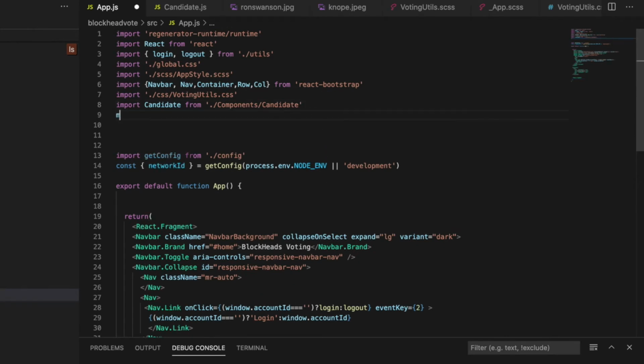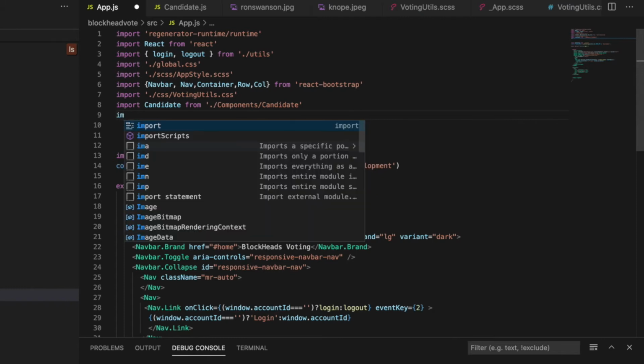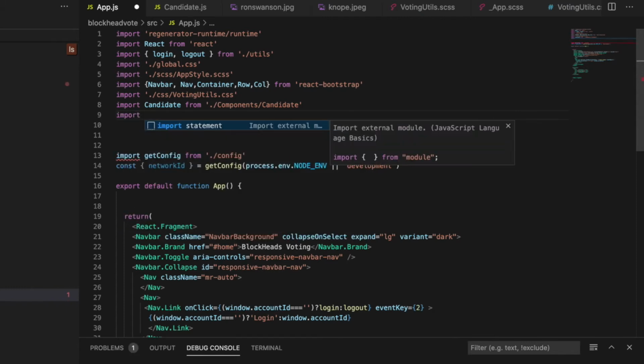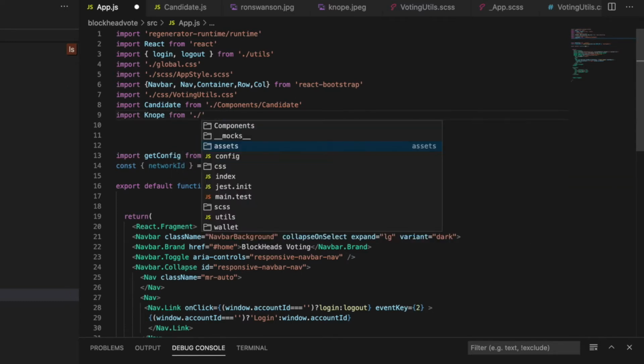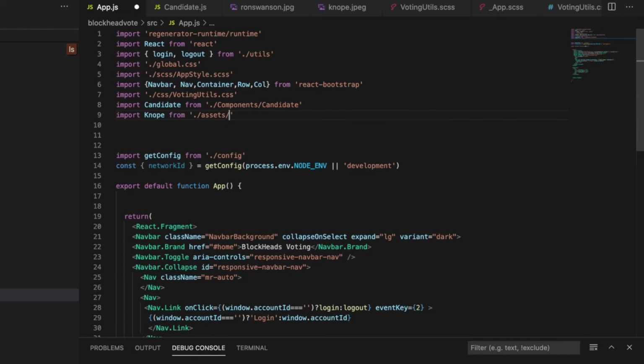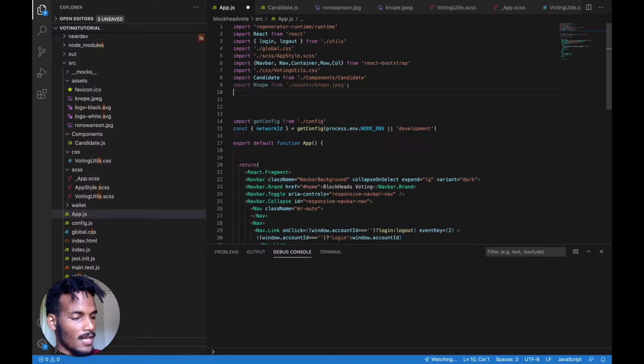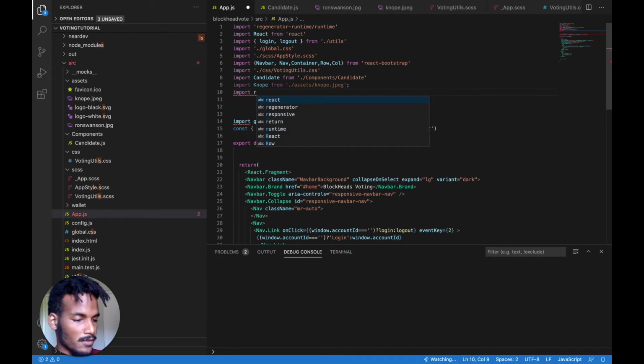Under candidate, just do import. I don't know if it actually necessarily has to be under the candidate, but it's fine. Import, let's do nope. Yeah, nope, from assets, nope.jpg. It's the image I found. I mean, obviously it'd be better if you found a place that hosts these online, like Imgur or something, but just for this tutorial, I think it's totally fine. What we're doing. So Ron from